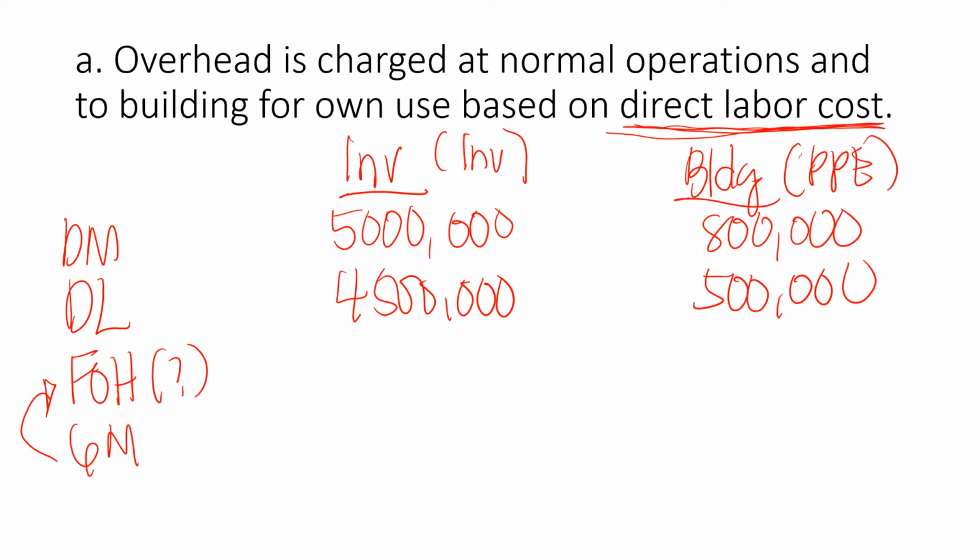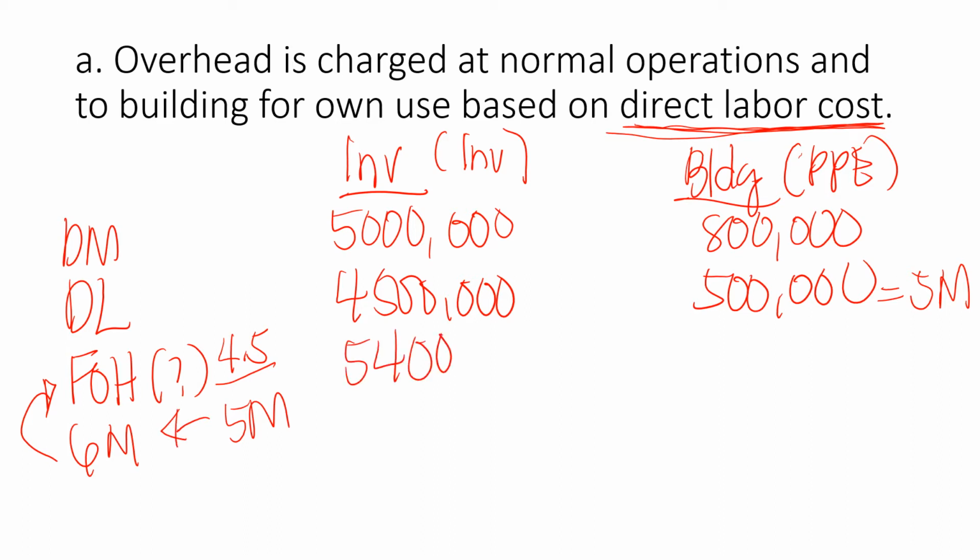If that is the case, gagawa lang tayo ng fraction. So, based daw sa direct labor cost, so 4.5 plus 500,000, this is 5 million. So, for inventory, allocation base kasi yan. So, allocation rate, this is 4.5. But 4,500,000, i-divide ko ng 5 million. Tapos, i-multiply ko dito sa 6 million. So, ang lalabas dyan,